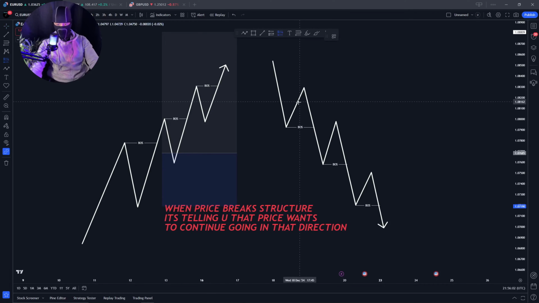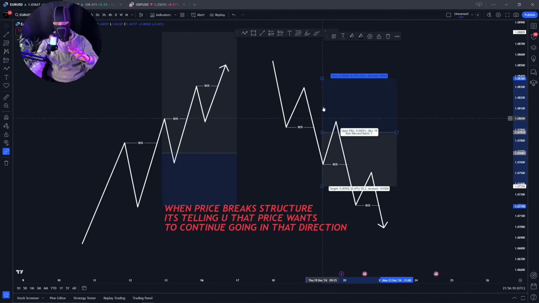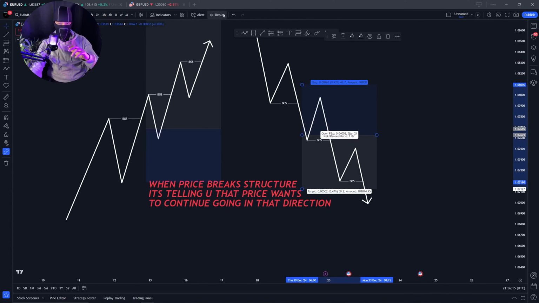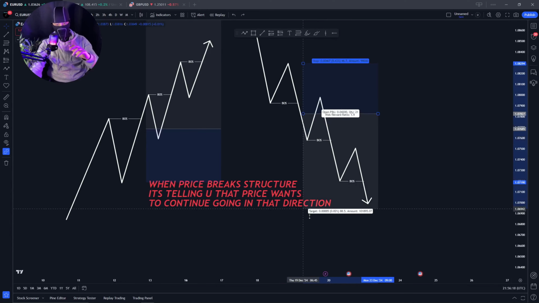And same for a bearish example. When we are breaking structure continuously towards the downside, this is telling me that the market is bearish. We're not trying to buy. We want to short sell. Now this is the beauty about trading. You can make money when prices go up or down in comparison to any other business out there.